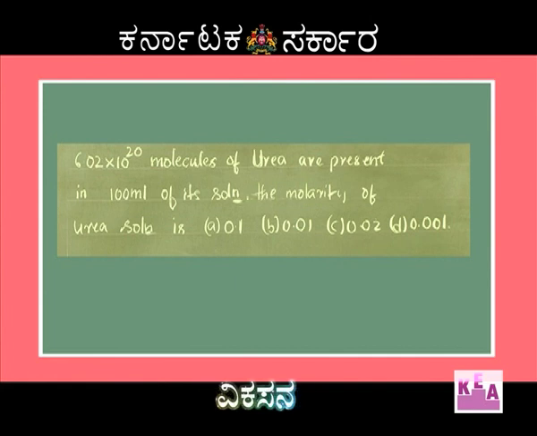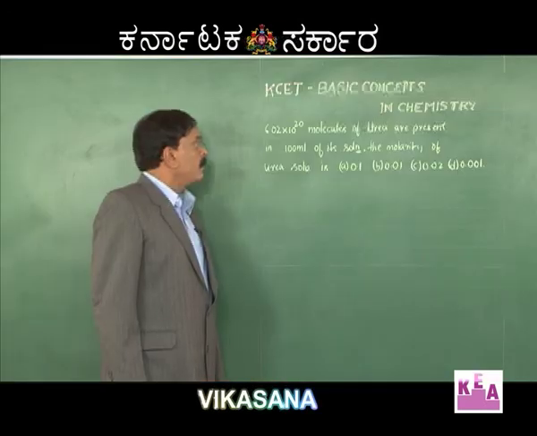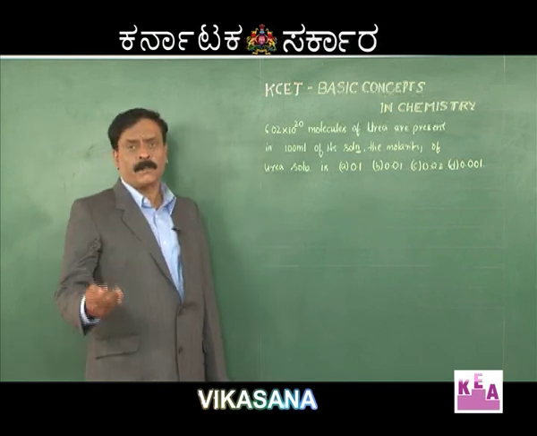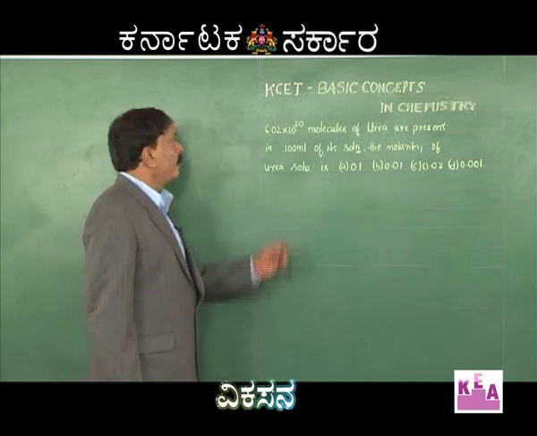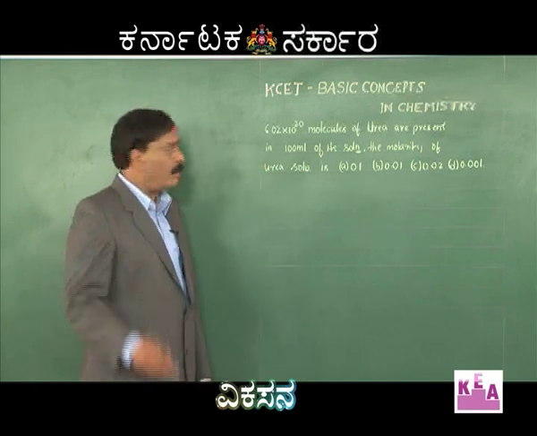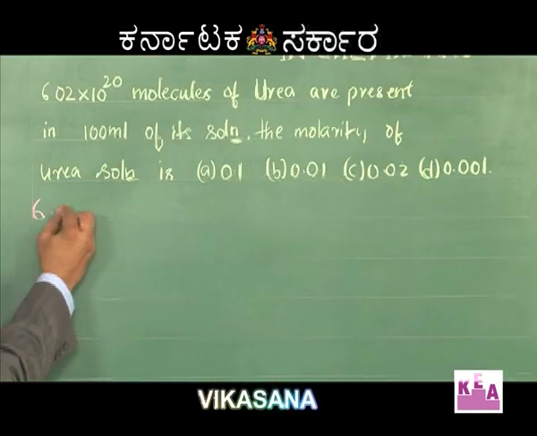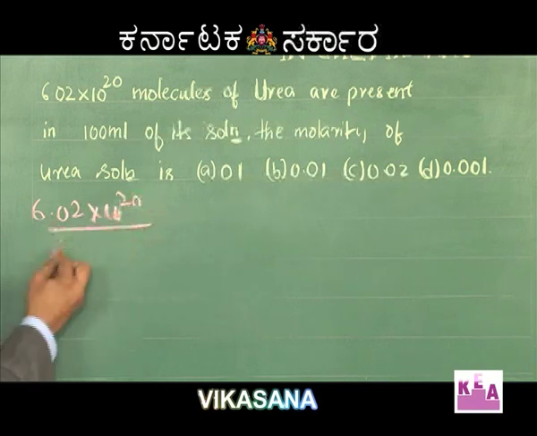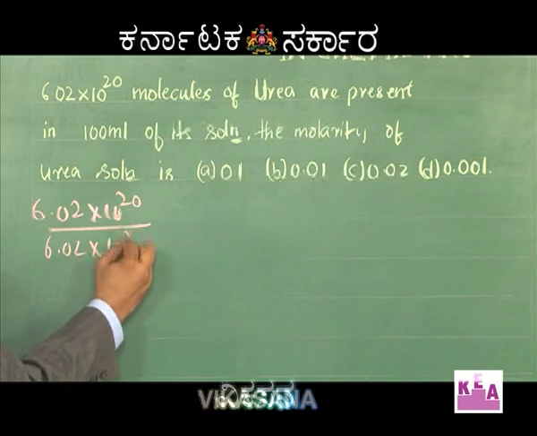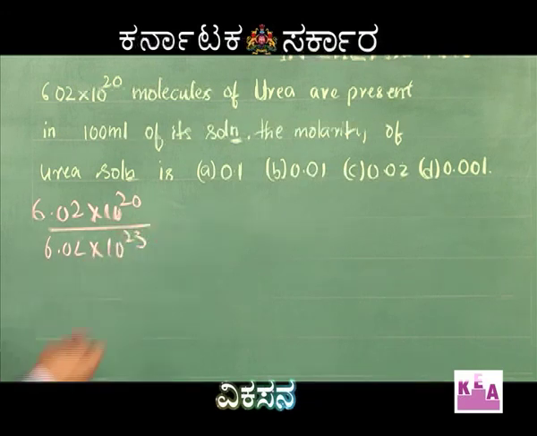6.02 into 10 power 20 molecules of urea are present in 100 ml of its solution. The molarity of urea solution is option A 0.1, option B 0.01, option C 0.02 and option D 0.001. Dear students, in the previous problem, from the mass of the substance we calculated the number of moles, whereas here from the number of molecules, you have to calculate the number of moles. And for that, you have to divide the number of molecules by Avogadro number. And when you do this, you get it as